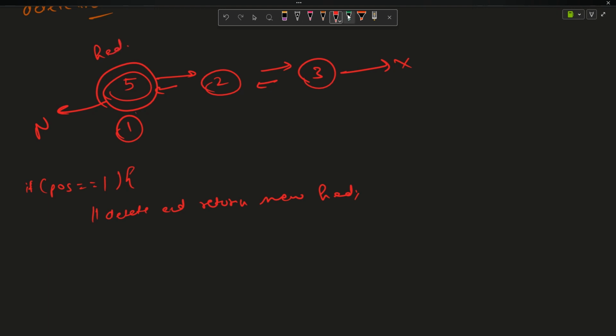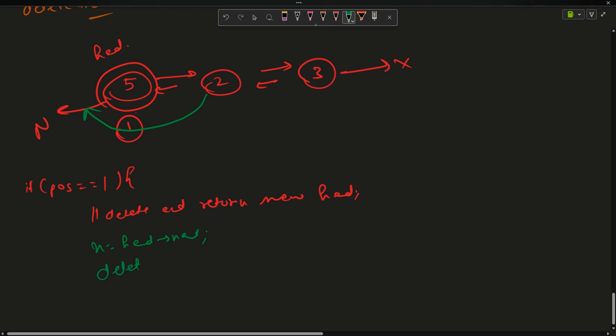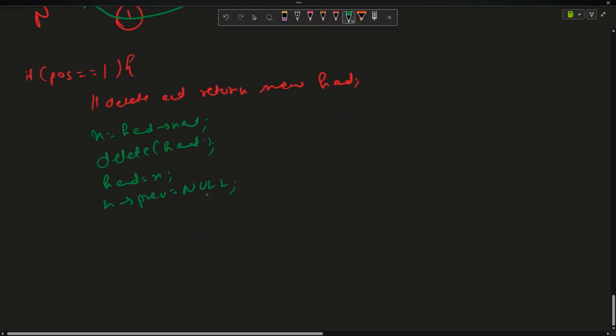What are the changes? The only change that will occur is I have to change 2's previous. 2's previous will become null. That is the only operation you have to do. So I will say x equals to head next, right? Delete your head to free the memory, and now your new head is equal to x, and now x previous is equal to null. Don't forget to mention it. This will solve all your problems, and you can simply return head from here,